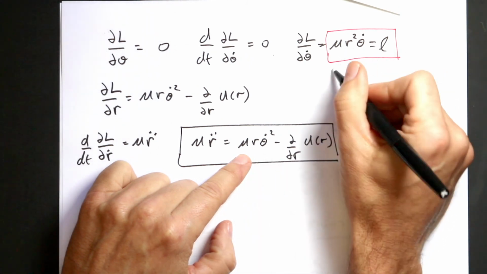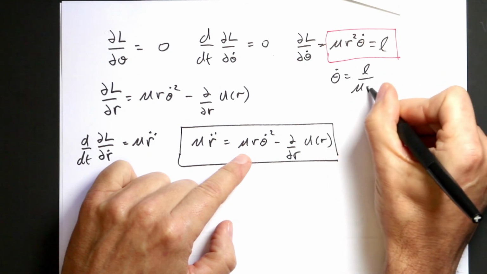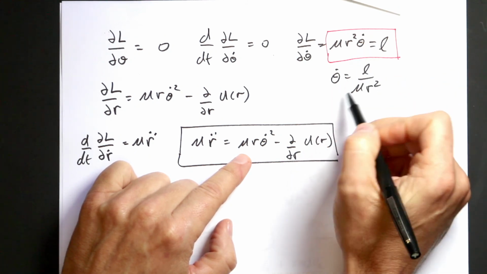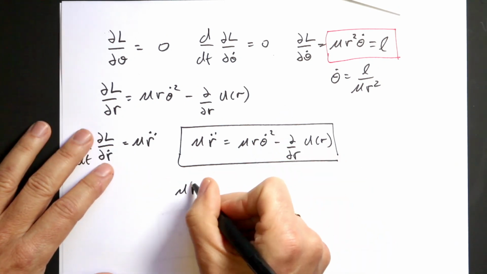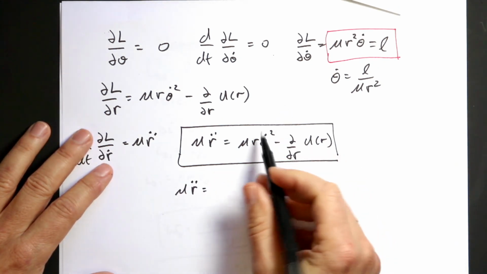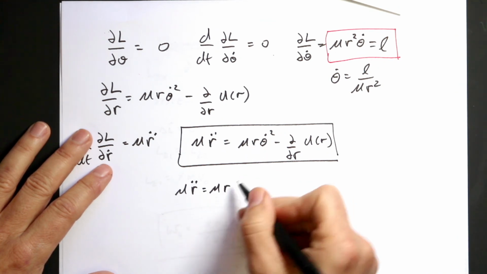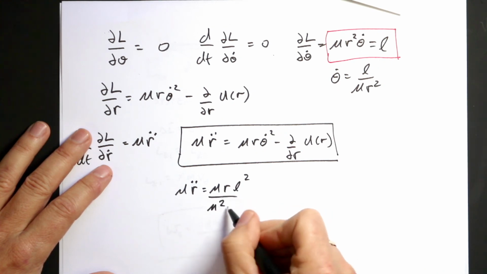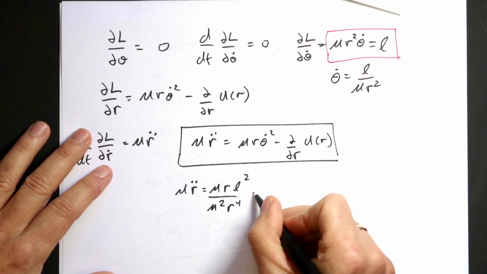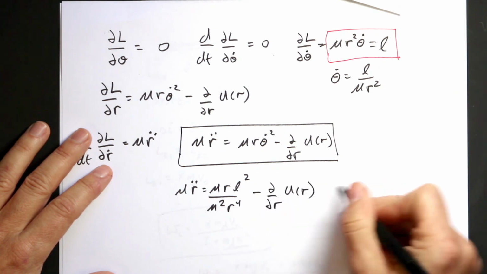Up here, I can say theta dot equals L over mu r squared, because I already said that. Now if I put that in down here, I get mu r double dot equals mu r L squared over mu squared r to the fourth minus the partial with respect to r of u of r, equals,